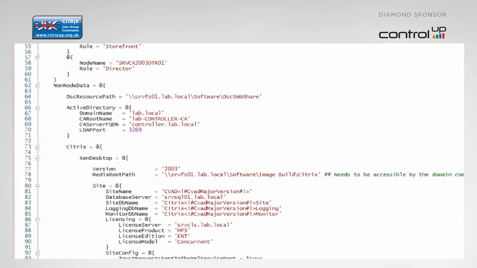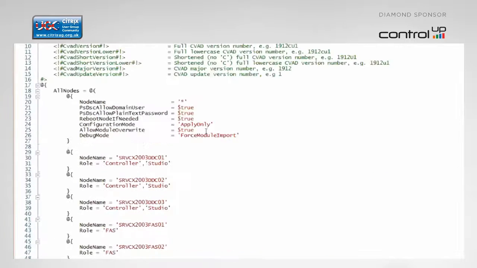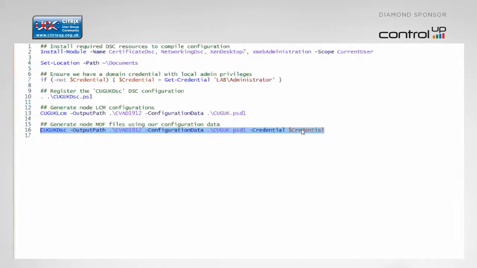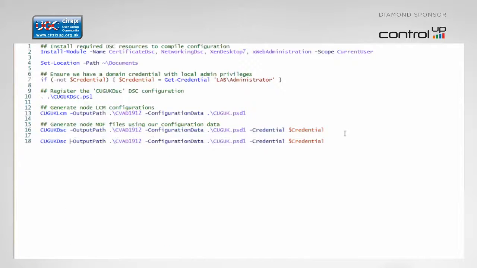So I save that configuration. That's the only change I've made for the new environment. Typically, you wouldn't do that. You'd just deploy the same again and just update the version number. So I can come in here, and tell it that I want to put the files in this path, and I want to use this configuration data as well. If I was to run this,